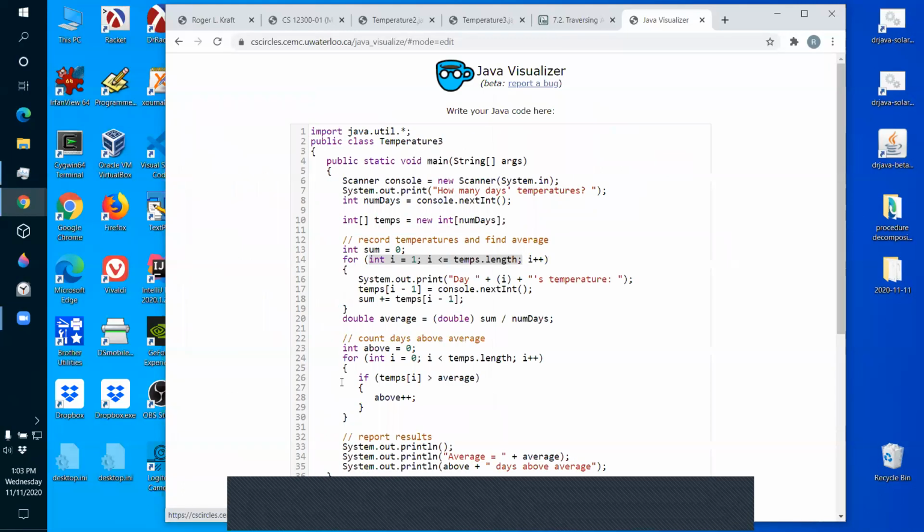What we teach people is when you're working with arrays, always write your loop from 0 strictly less than the length of the array. That's the proper way to traverse an array. If you want to start from the beginning and go to the end, start with the index 0 and go up to, but not including, the length of the array, because there is no entry at the length of the array. So we use this pattern of starting at 0 and using a strictly less than.